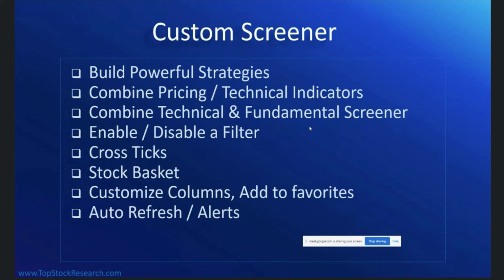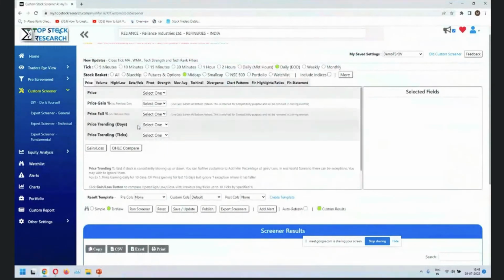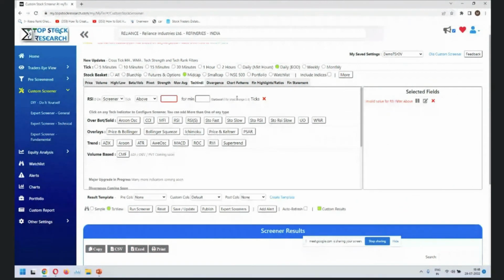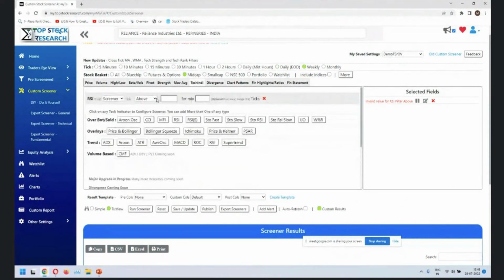Okay. So there is a question on weekly RSI greater than 60 and previous week RSI greater than 60. All right, let's try. Let's go to technical. In the technical, we go into RSI, weekly, RSI greater than 60. So what you are asking is,